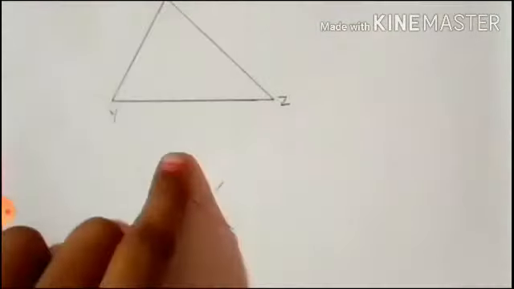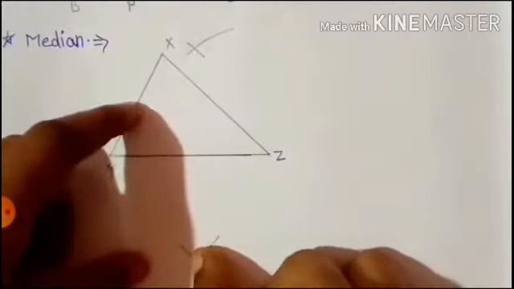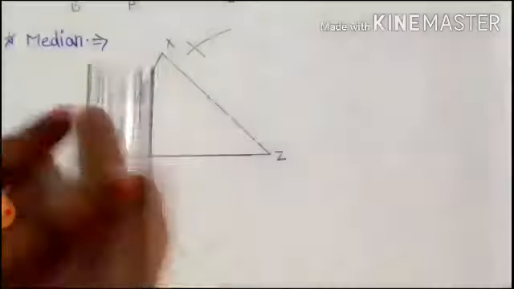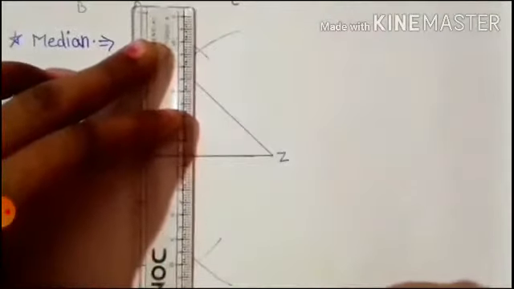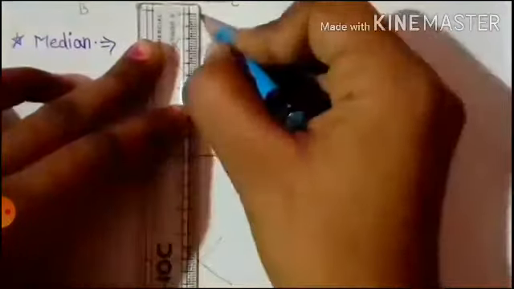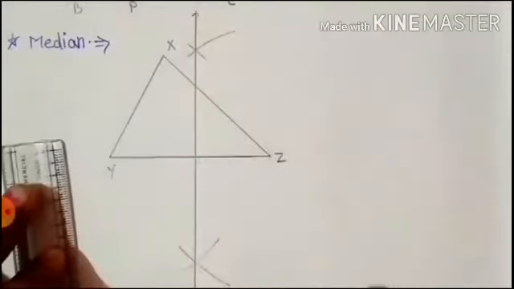First of all, we take one base, take more than half of that base, and one time put on Z, upper arc and lower arc, another time put on Y, upper arc and lower arc. We will get 2 points. Now join these 2 points. You know the perpendicular bisector. First of all, we will draw the perpendicular bisector. It is also called a perpendicular bisector.